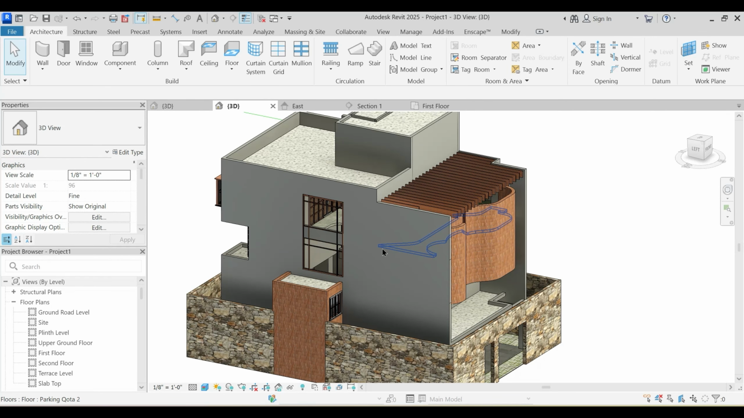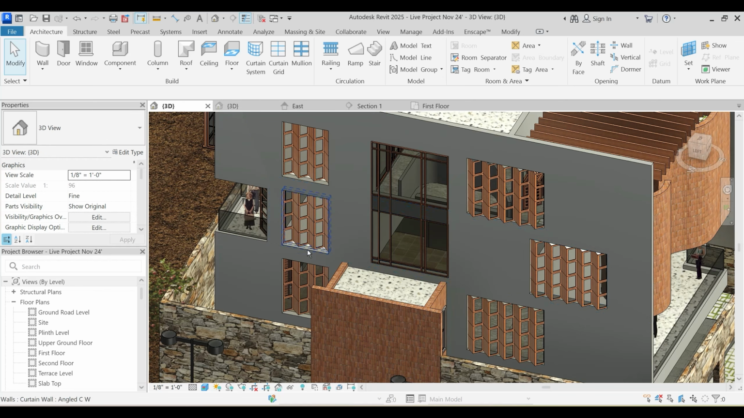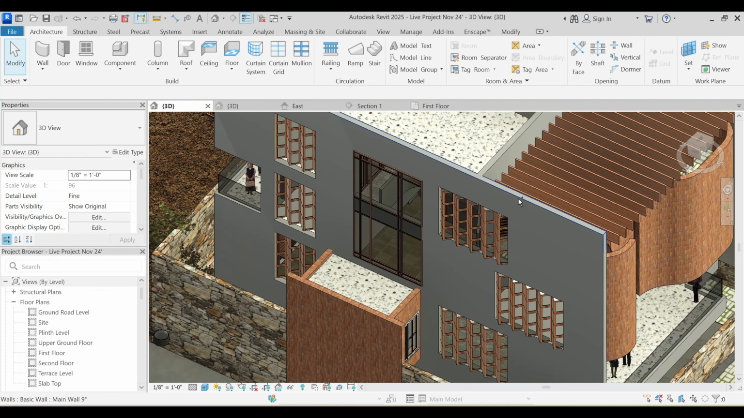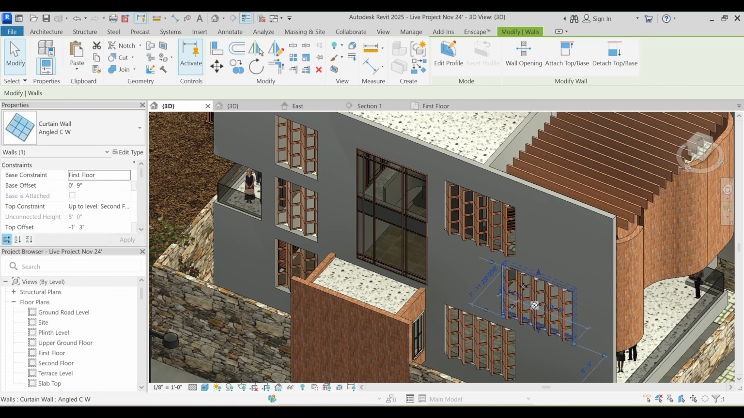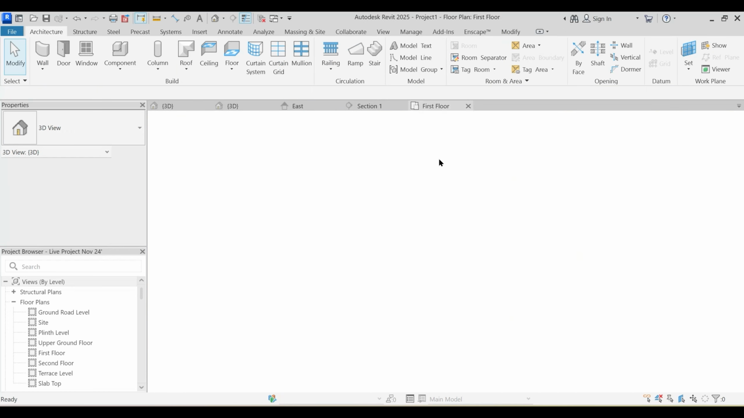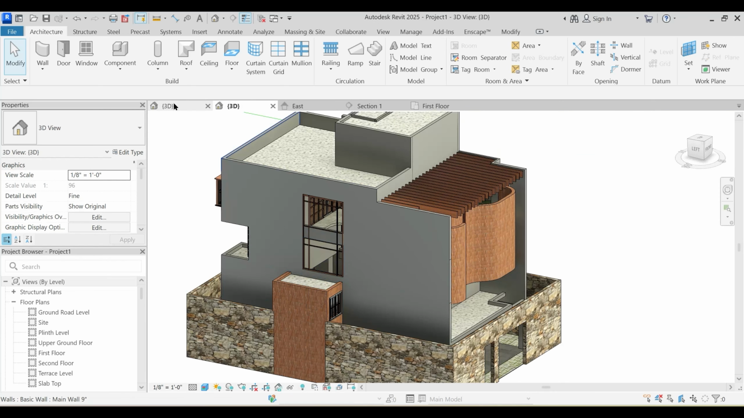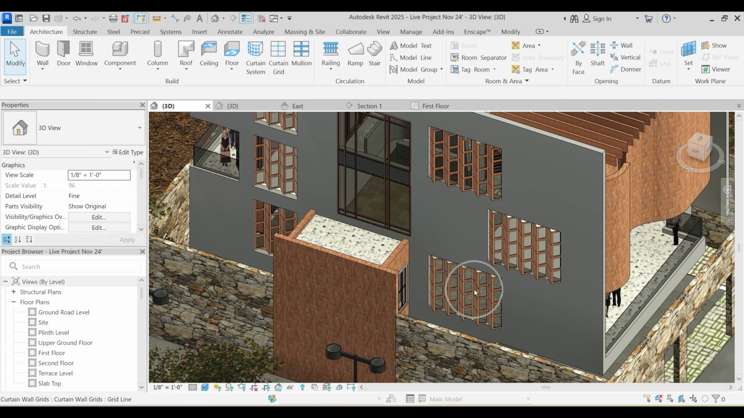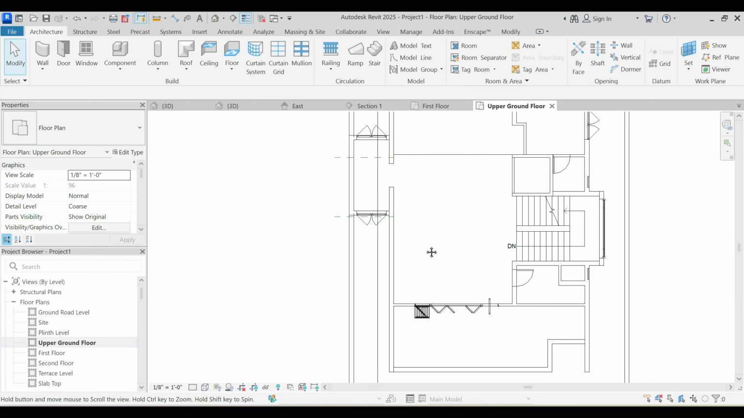Okay, now assuming that this is the south facade, I want to put something like this, slant windows. Okay, so this is also nothing but a curtain wall, a parametric curtain wall that would adapt to any dimension. So I'll just show you that first floor, and herein, is it on the upper ground floor also? Yes, it has. So I will just come to this particular project and first go to upper ground floor,